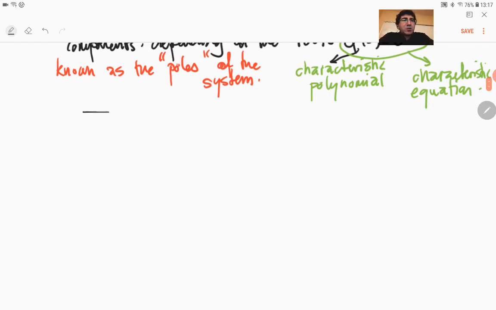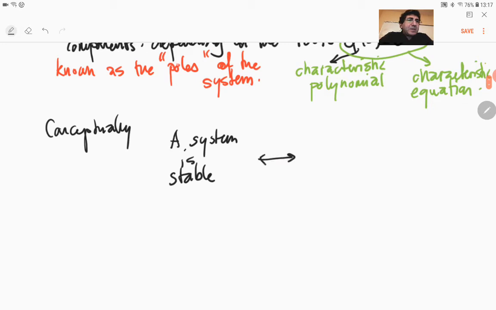Okay, so conceptually we can again try to define the stability. Conceptually, a system is stable means